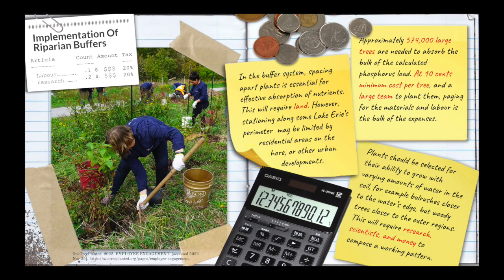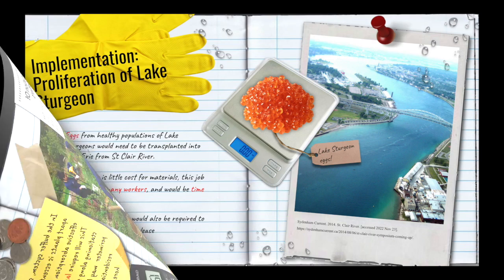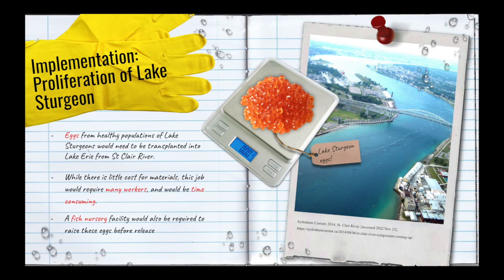Each plant should be placed roughly 2.5 meters apart to ensure effective absorption. About 574,000 plants will need to be planted. Given that each tree will cost roughly 10 cents, given the cheapest means possible, the riparian buffer system should cost about $57,400. The implementation of proliferation of lake sturgeon populations in Lake Erie would likely be done through transplanting of eggs